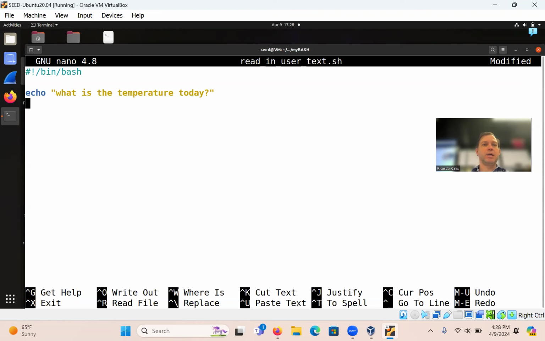Something like that. And then you can read in, so you can say temp1 maybe. All right, and then we're going to echo out the same.